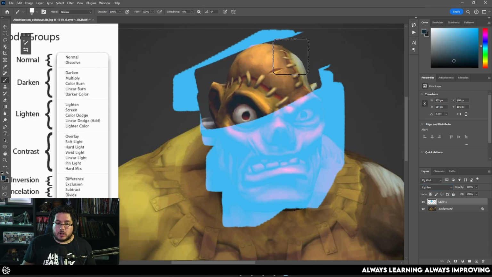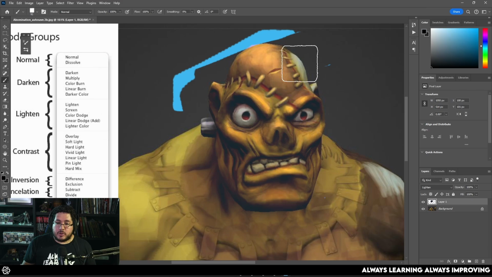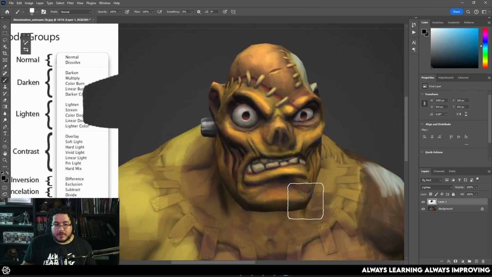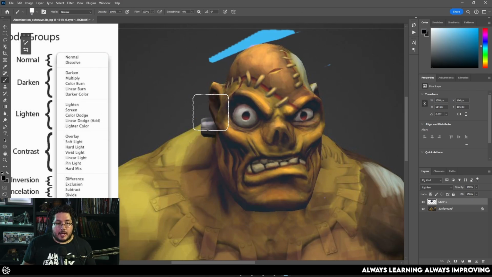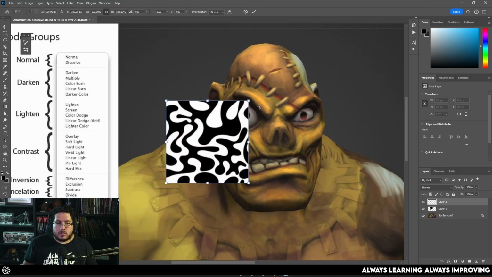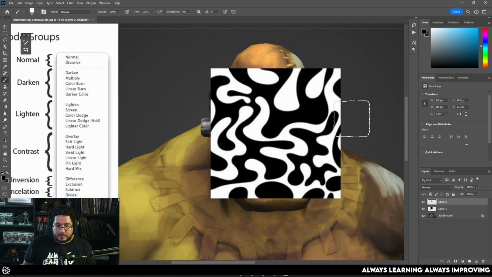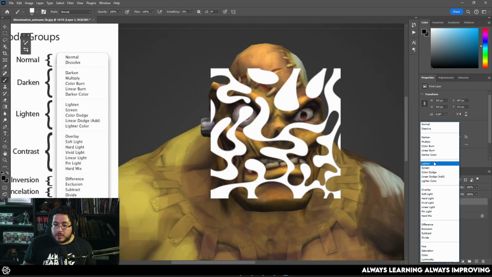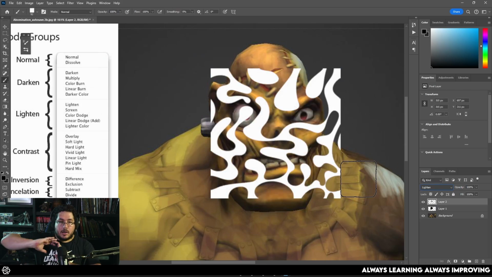If we go for a darker tone right here, as you can see, the closer we get to black, nothing is going to happen. So similar to how white changed the way we saw things in the darken section, in the lighten section, black will pretty much be overridden. And the same happens for the patterns. So if we grab a pattern, and we want to remove the dark colors of the pattern and just be left with the whites, we can just set this to lighten. In that case, dark goes out the window, and we just get the light colors here on the image.